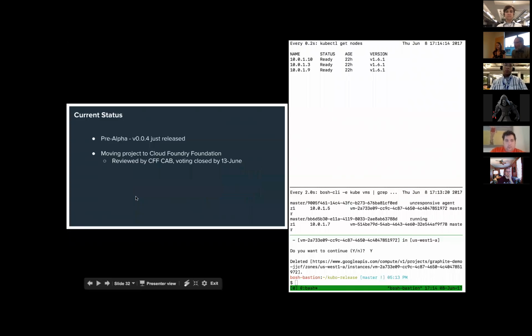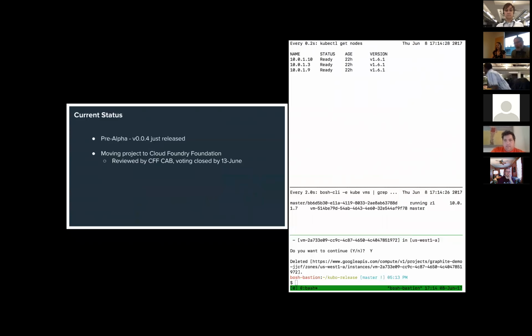Yeah, so kind of current status. Just yesterday, we released version 0.0.4. This is the first release that represents a decoupling from Cloud Foundry. So if anybody had ever heard of Kubo back when it started, we had this thing kind of,